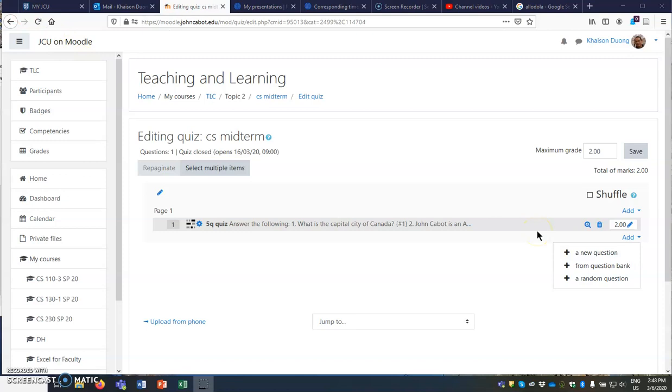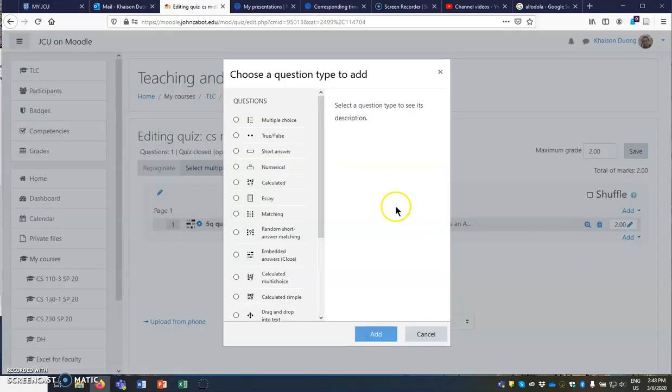I just had an afterthought about explaining the short answer questions. Since these ones are automatically graded because they do have a correct answer where you put the equal sign, I think it's necessary to mention that essay questions aren't automatically graded. So if I do make an essay type question, short answer or whatever,